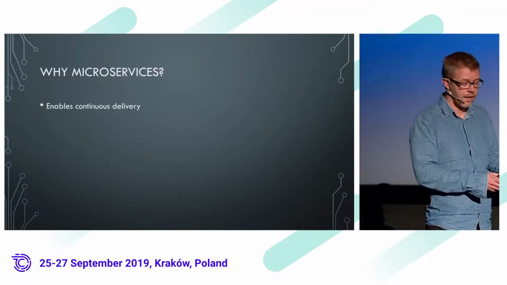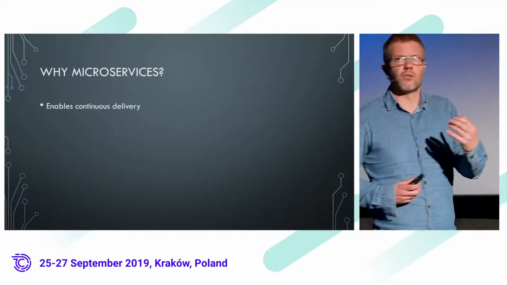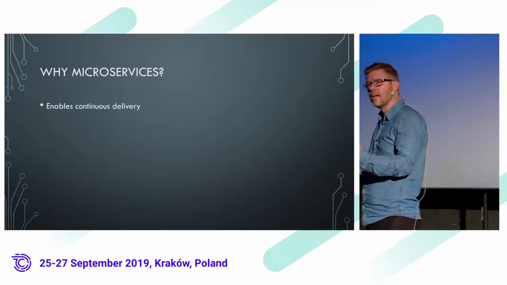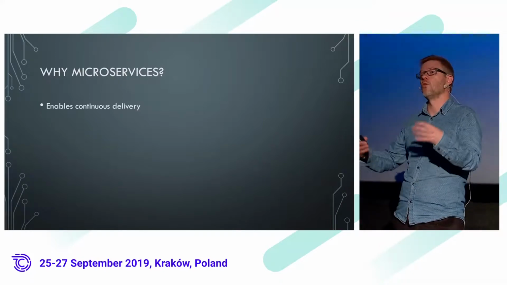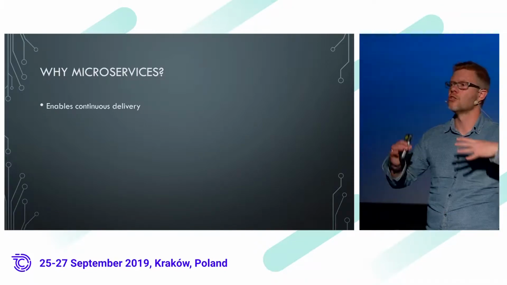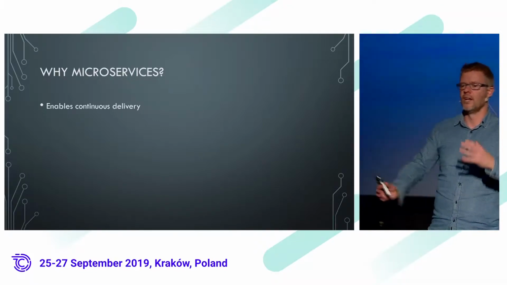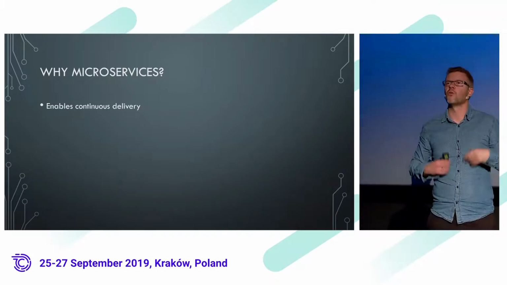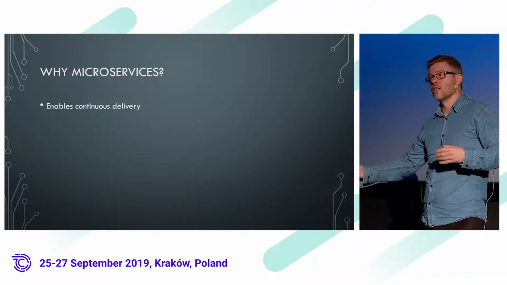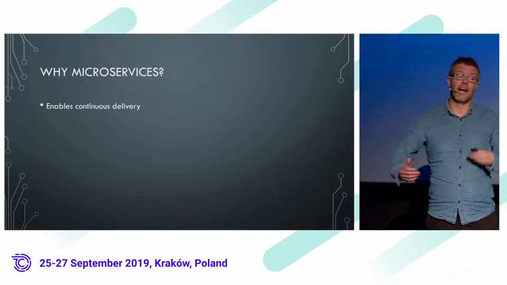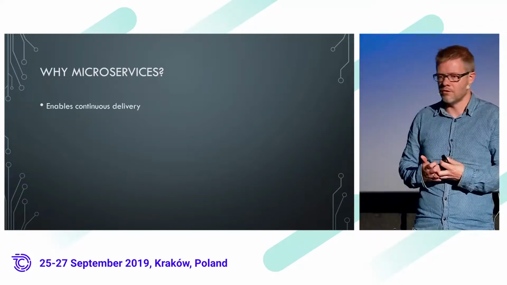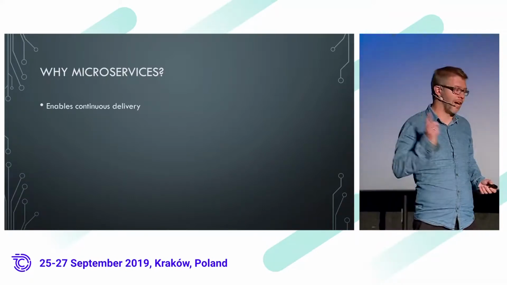On the other hand, if you try to do microservices without the continuous delivery part, it's going to be really, really difficult because you have so many small moving parts that you have to shepherd around and do stuff with. So you want that automation around it. So there's this back and forth that you probably need to do both. At least if you're doing microservices, you also need the continuous delivery bit. And then together they do deliver on this promise of some really good flexibility, if we get it right.